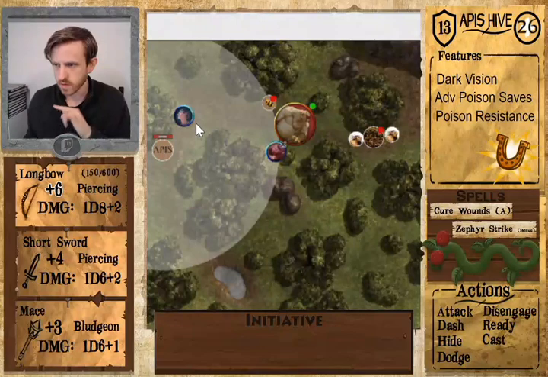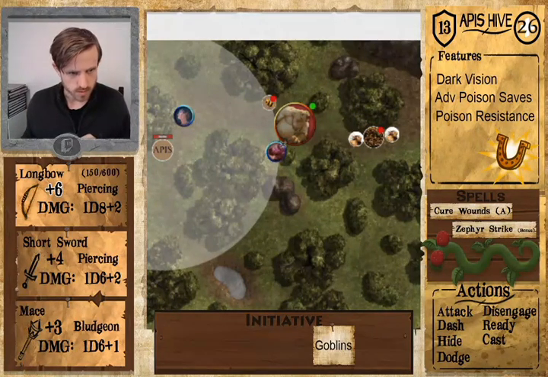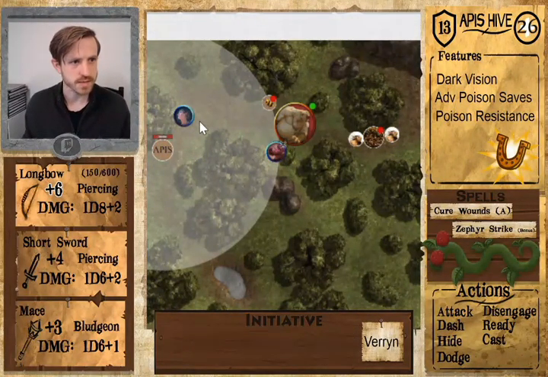That was all of the goblins. Back to our allies' turn. The goblins weren't even in the initiative order. God damn it, Robert, you're all over the place. Goblins were there, and now it is the allies' turn. Verin and allies. Although other allies are down anyway now, so...